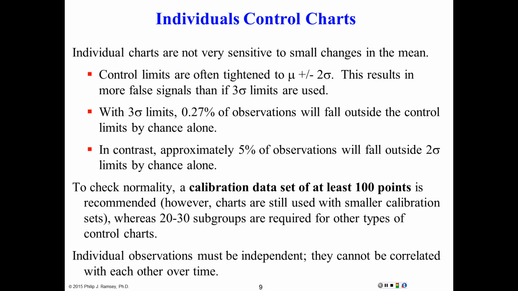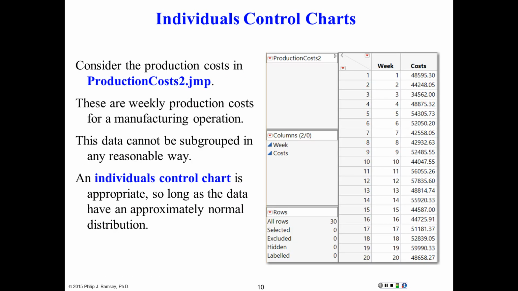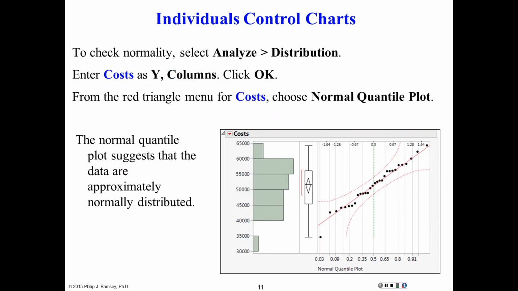Okay. So basically what I'm going to do is just go ahead and show you some examples. So I'm on slide 10. And this is data called production costs. So each week this company tracks its weekly production costs, and there's no way to really subgroup the data. Each week you get one measurement, so we'll do an individuals chart. Okay. I did mention the chart does make an assumption of a normal distribution. Therefore, it's typically a good idea to plot the data on a normal quantile plot to see if it's approximately normal. Overall it is. We have one point here which turns out it's related to a short production week, and I don't remember if it was weather or holidays, but in general it plots in a straight line,